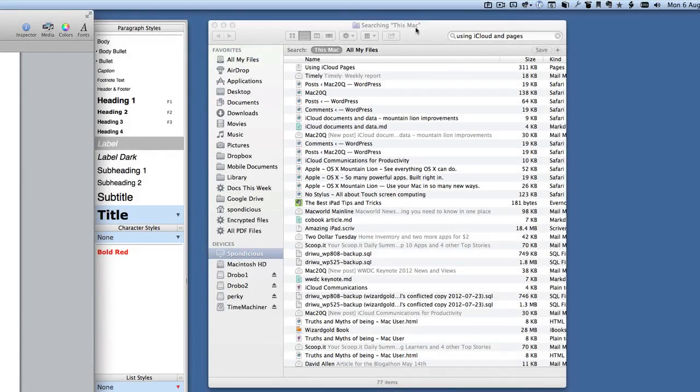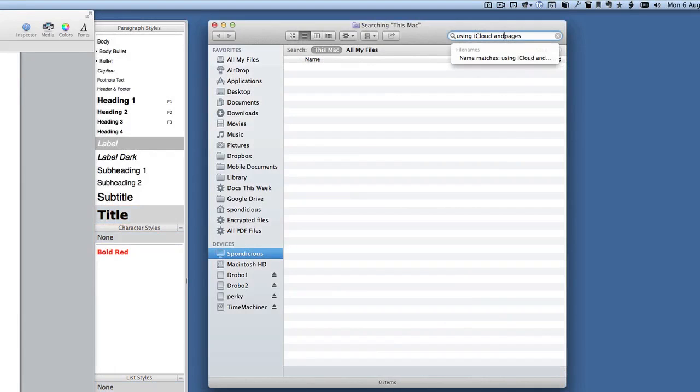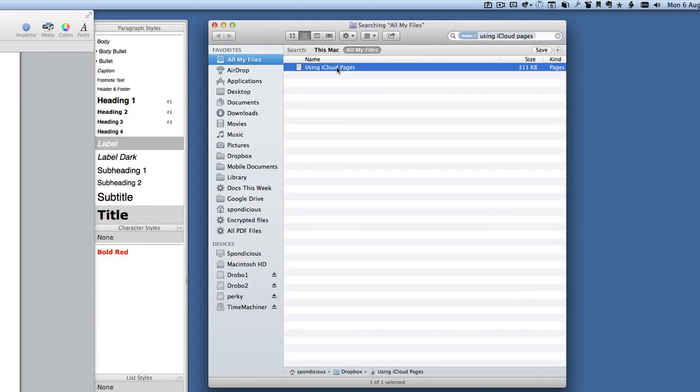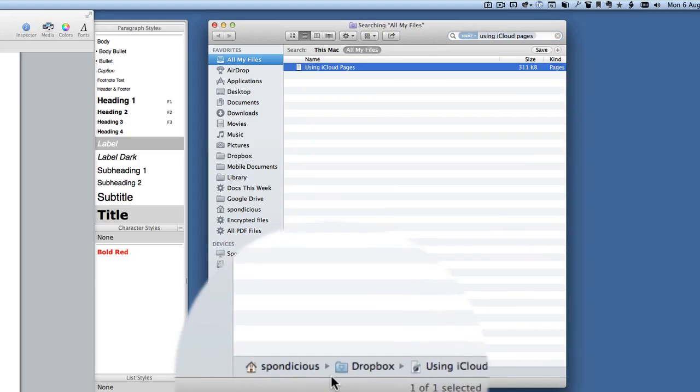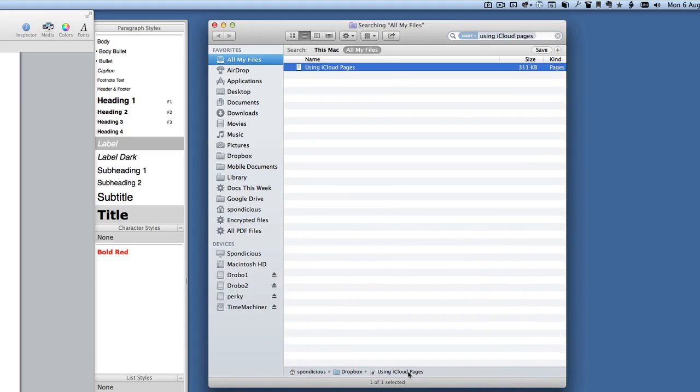Dropbox, and I can click on Save. So I've got this search going on at the moment, using the search with iCloud and Pages. Now I actually changed the name of the file, didn't I? So I need to get rid of that. So there it is in Dropbox. So I've actually moved it, I've actually taken it out of the iCloud,